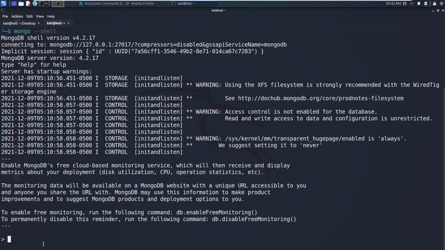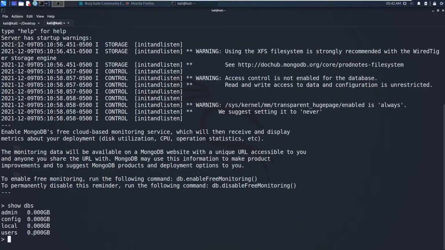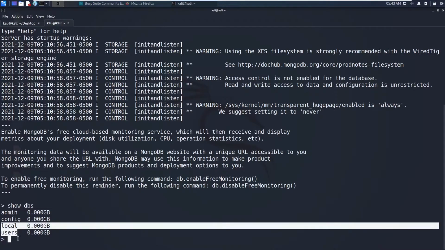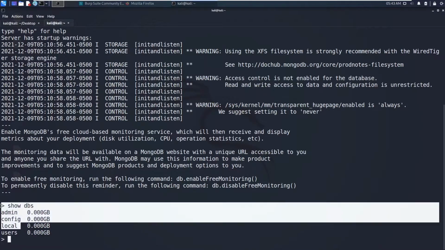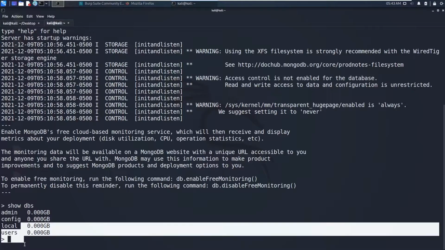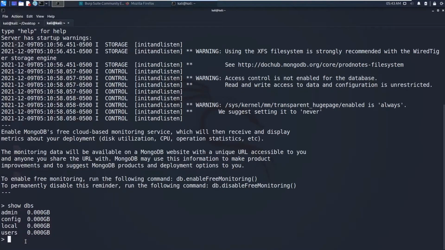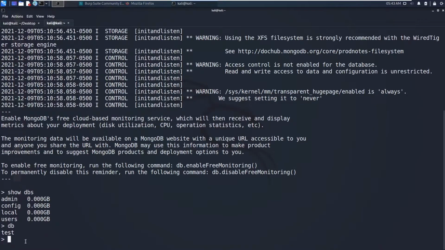So first, to view all the databases you can say show dbs. This will show the databases available for us. This users database I have created previously. By default you will get these 3 databases. To see what the current object is pointing to, type db and hit enter, and you can see the test database, which does not exist. It just temporarily points to test.